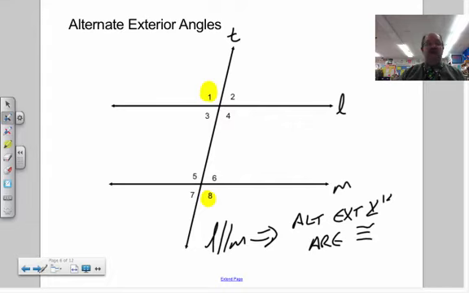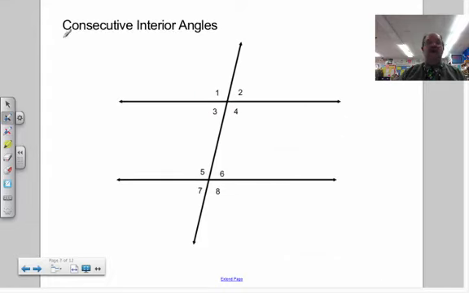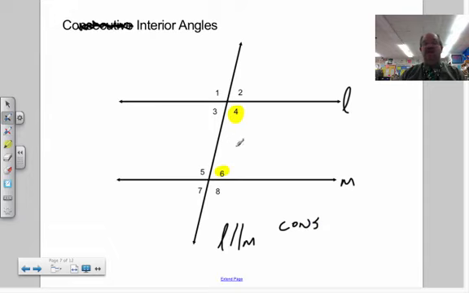Moving forward, I think I call these co-interior, so we're going to go co-interior or consecutive. Sometimes you'll hear them as both things. It might be good to hear it both ways. But my co-interior, my consecutive interior angles are these ones right here, right next to each other. And if I have L parallel to M, then my co-interior angles